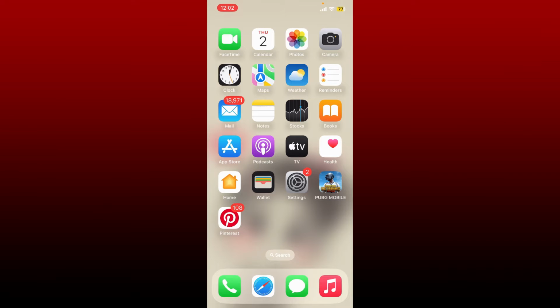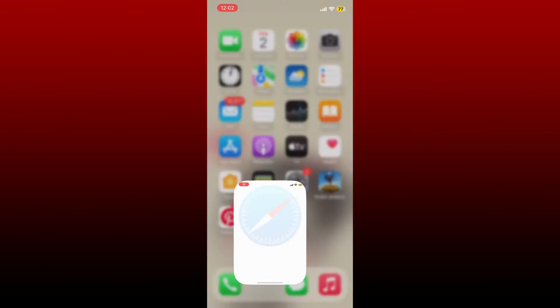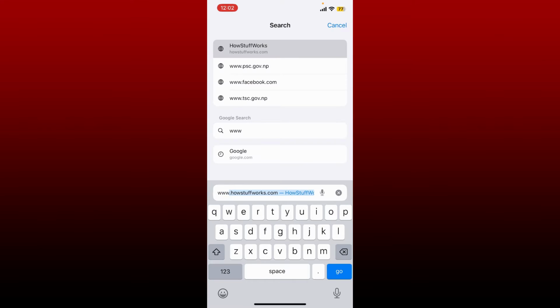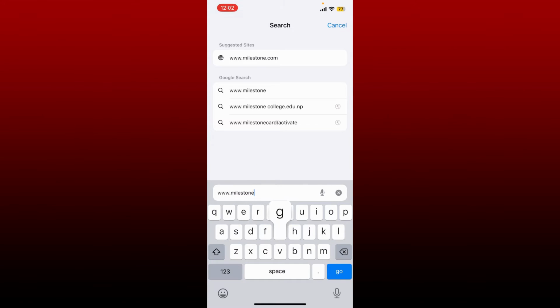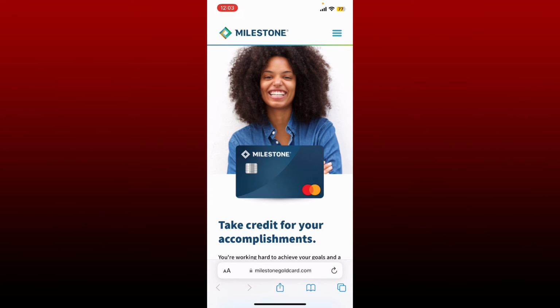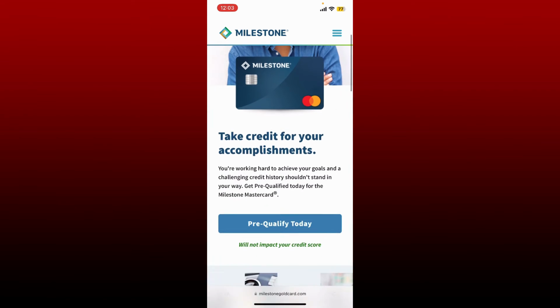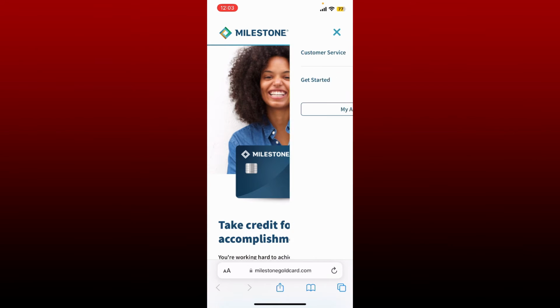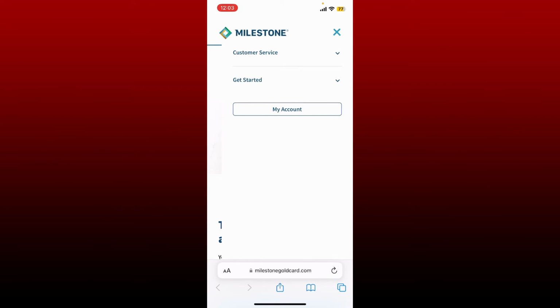To log into your Milestone credit card, open up a web browser. In the search bar, type in www.milestonegoldcard.com and search. The Milestone Gold Mastercard is the credit card for Milestone, which is issued by Mid-America Bank and Trust Company. From the official website, tap the hamburger menu at the top right-hand corner and now tap on My